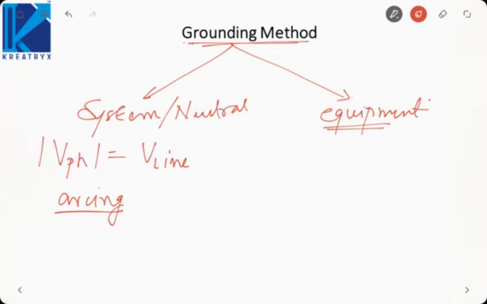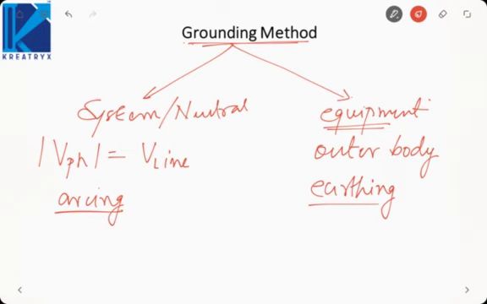Then what is meant by equipment grounding? It means grounding the outer body of the equipment. Now, why would we want to ground the outer body? Because there are certain stored charges on the body of every equipment. If there are stored charges, then what will happen? Whenever we touch the equipment, those stored charges will flow to the ground through our body. If those charges flow through our body, then we may get a shock. So to avoid that shock, we need to provide a path for the flow of those stored charges to the ground. That is done by equipment grounding, which is also called